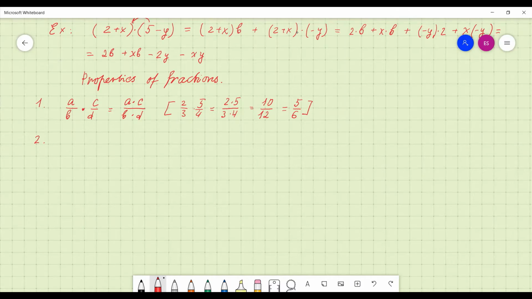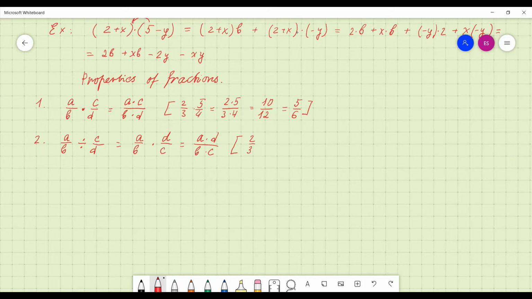Property number 2 is going to be about division. If you have a over b divided by c over d, what you do to divide by a fraction, we multiply by reciprocal fraction. Reciprocal fraction means that you flip over this fraction. You put numerator on the bottom and denominator on the top. So instead of division, we have multiplication and flip it over. And then we follow rule number 1 and we multiply a by d and b by c. Example,